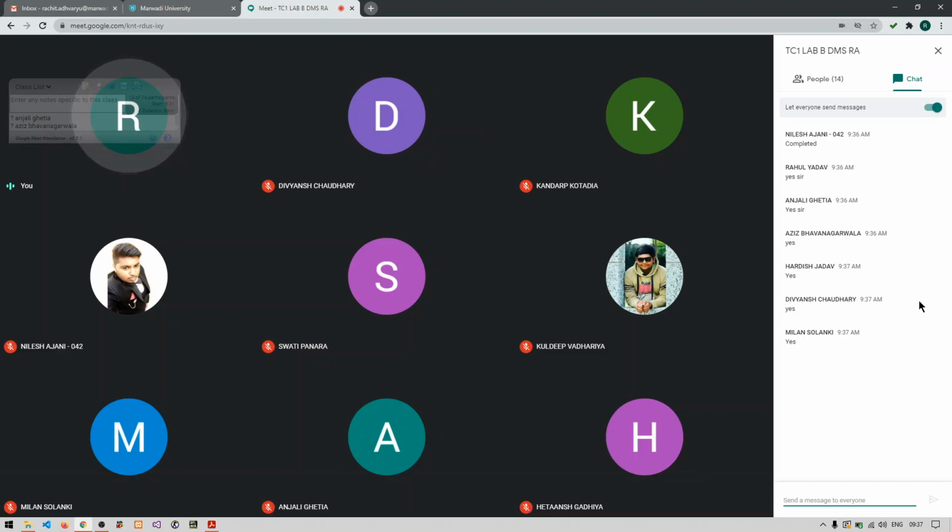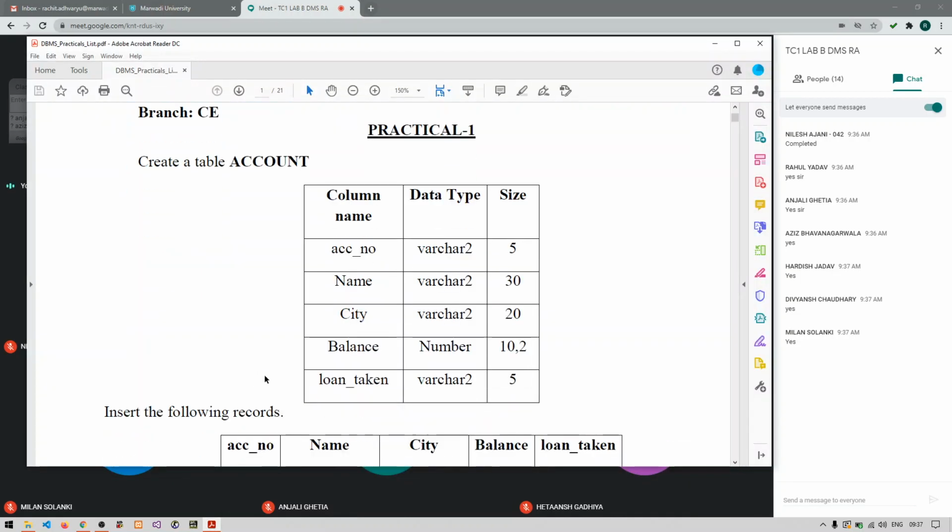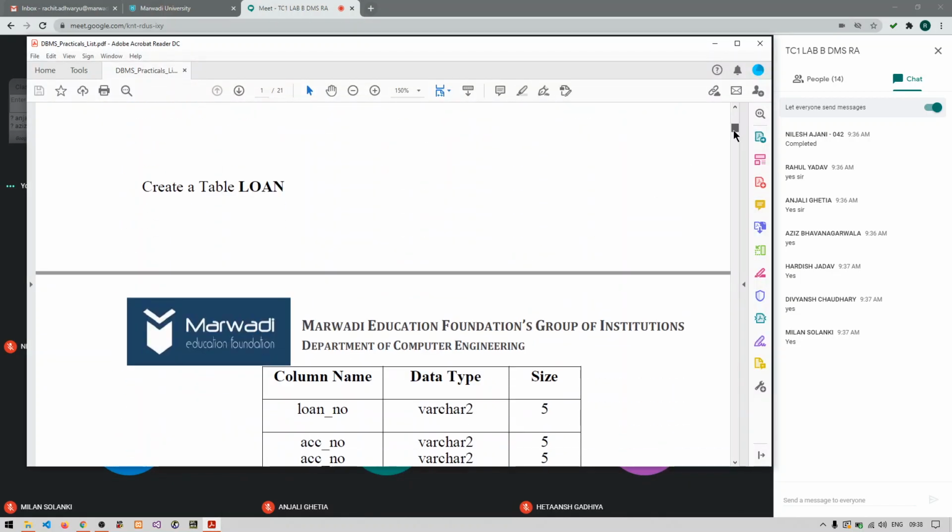I got the response from about 7 students. So how many of you are done with all the table creation part, including the data insertion part? Anyone who is left to complete it?